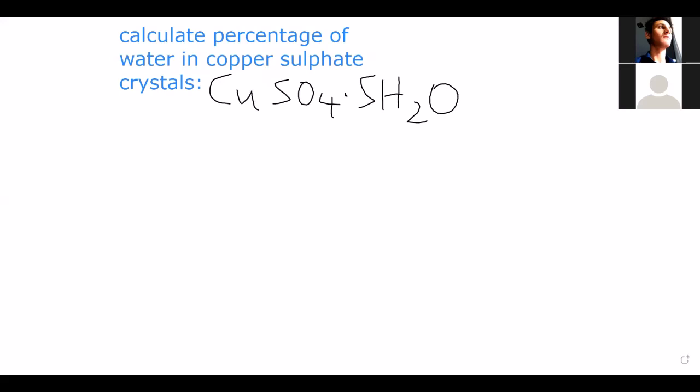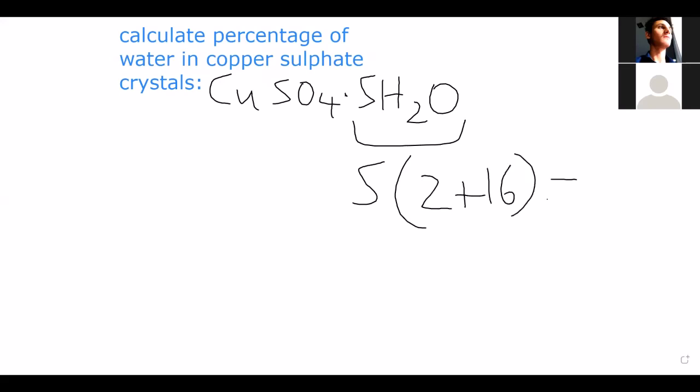So in copper sulfate crystals, there are 5 moles of water. So the mass of water will be 5 times 2 plus 16. That is